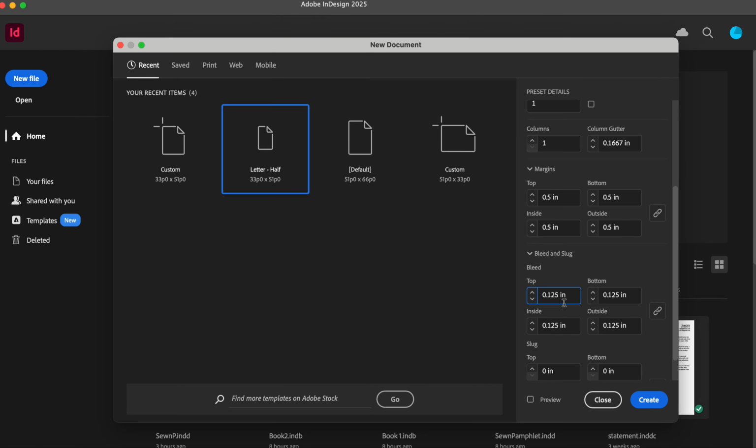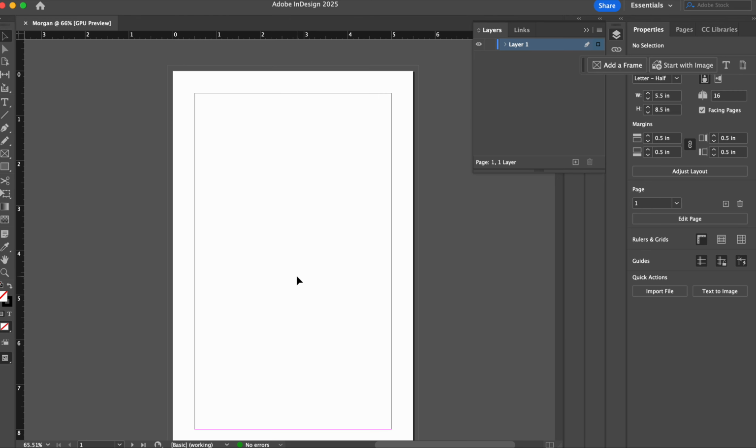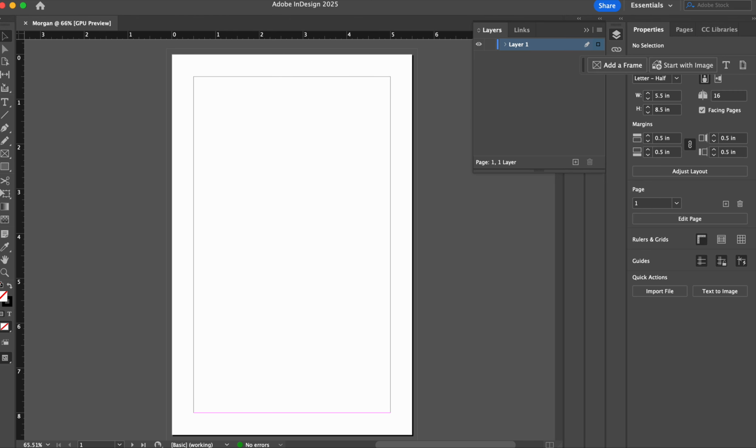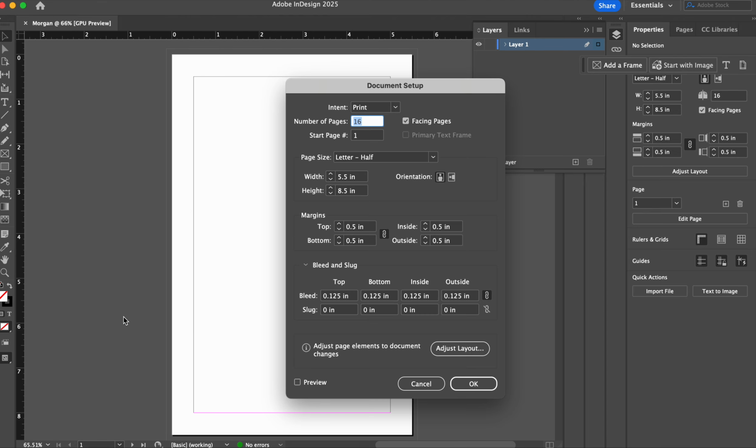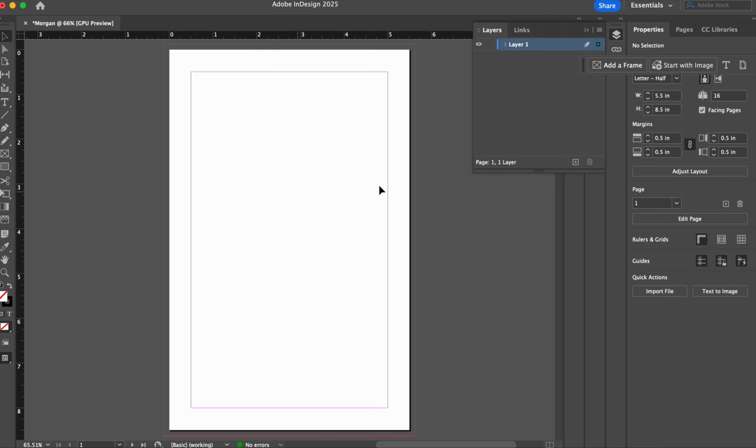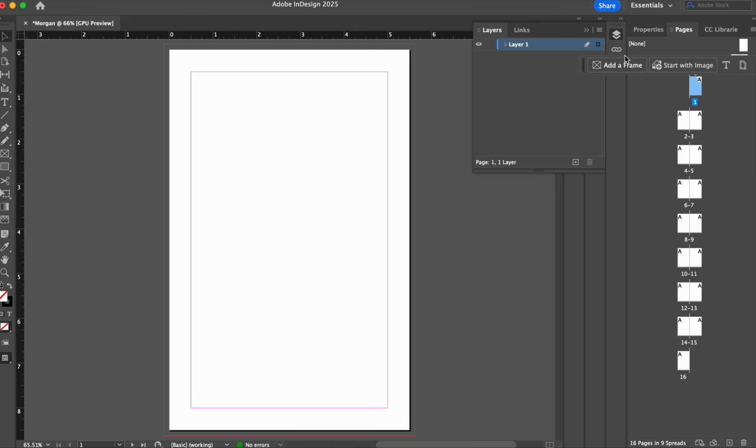I'm just going to default to 0.125 inches all the way around and hit create. I didn't do that in class. That was my error. But if you also didn't, you could correct that after the fact by going to File, Document Setup, and then down here, going to Bleed and Slug and setting your bleed to 0.125 in this first category, and then it should automatically sync all of them. So I'm going to do that, head over to Pages, and then go over to Parent Pages,